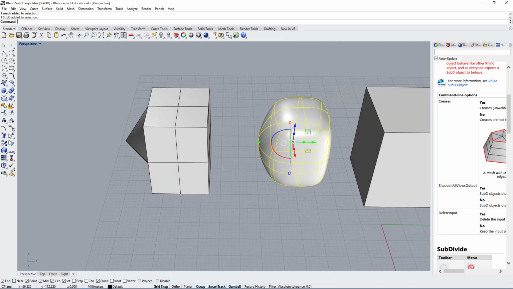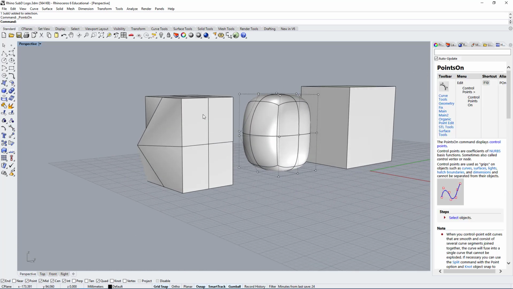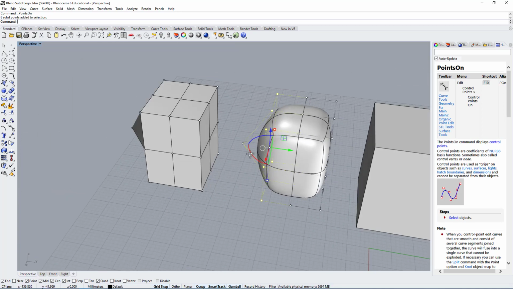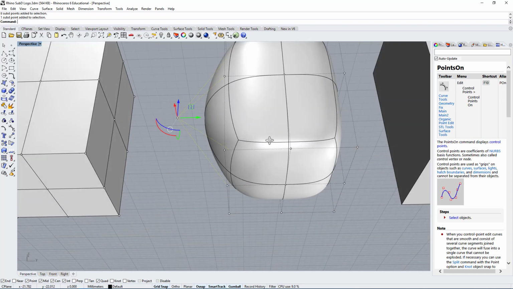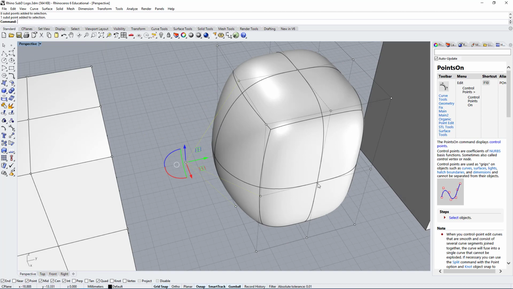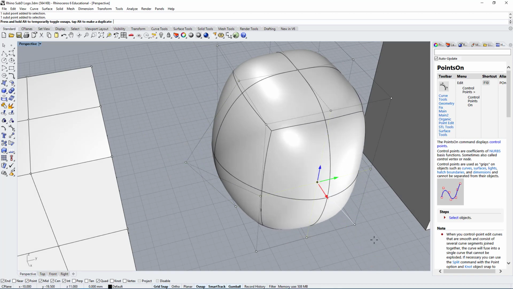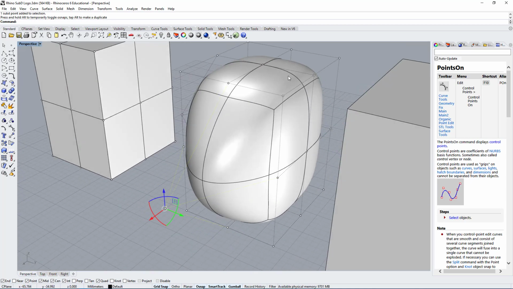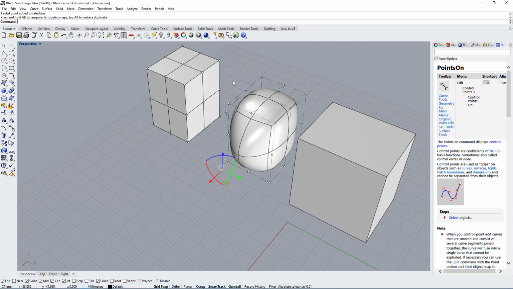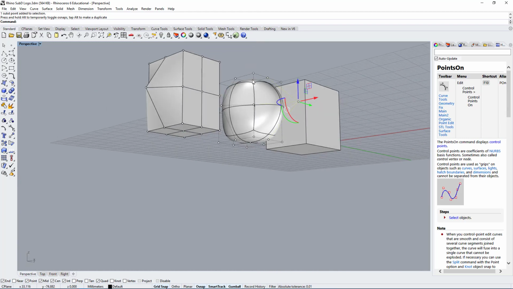But anyway, let's look at the control points. Here you can see the control points of the mesh and the control points of the SubD object are the same. So it takes these points and it creates a very smooth form out of the points. This is also a deformable object. You can pick control points and you can move them around. So this is really nice, right? You can get something extremely smooth, which sometimes is very difficult to do in Rhino. So it's very good for very smooth types of forms, very organic forms.